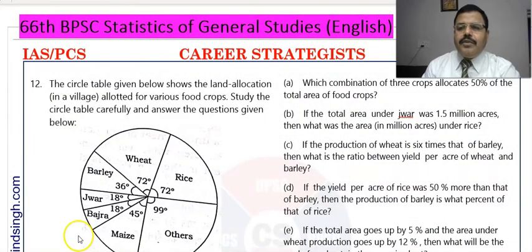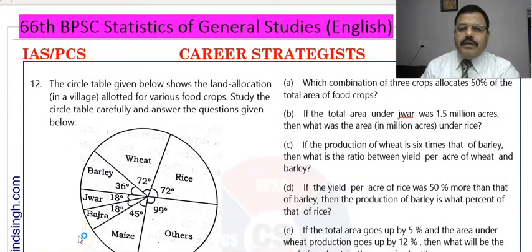So let us start with the first question, question 12, and how you should do it, what are the steps which you need to write during the solution of the question, and everything that you expect from analysis of this question. So let me start the question.